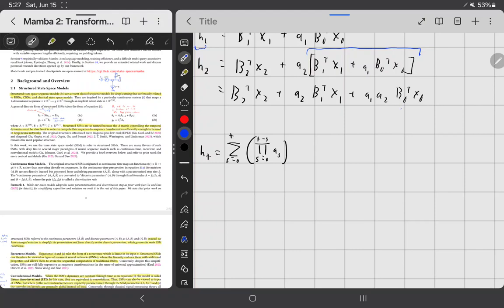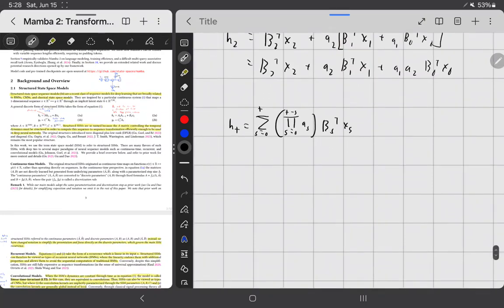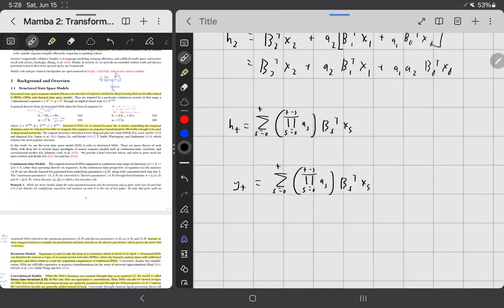So here s would be 0, s would be 1, and I have t minus s, because the farther back you are in time, the more compounding you're going to have. So it's b_s transpose x_s. And this gives you your hidden state. And then to add y_t, the output projection is just equal to your hidden state. So we can just copy the hidden state, and then it's the output projection